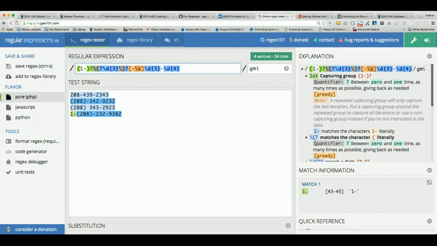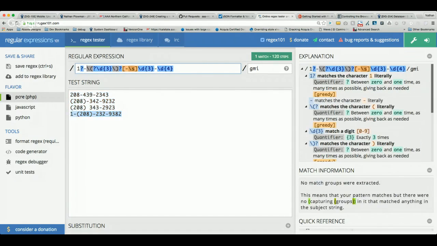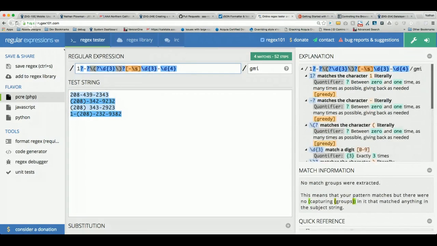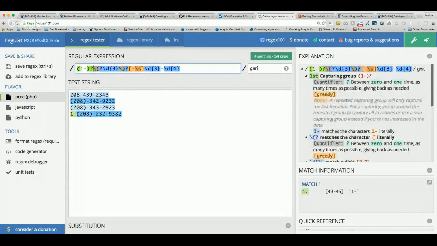That's a good thing. Okay, and then let's try Travis's original one where we did 1 question mark, dash question mark. So either one of those will work. But the group would be better. Yep, let's go back to the group then because it's just a little cleaner. All right, so this looks like a mess, but